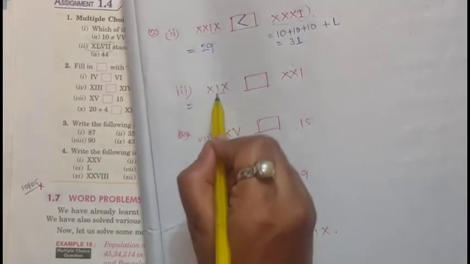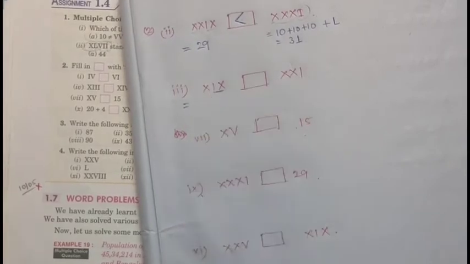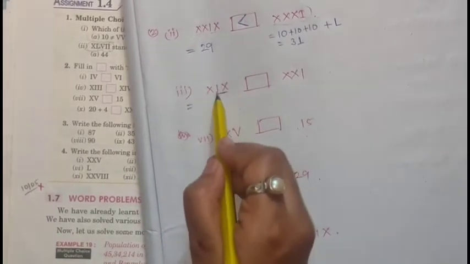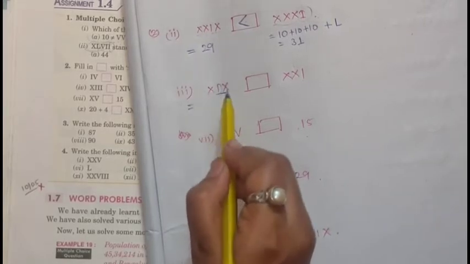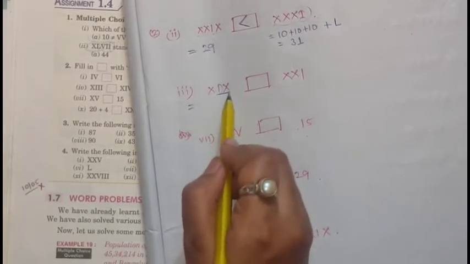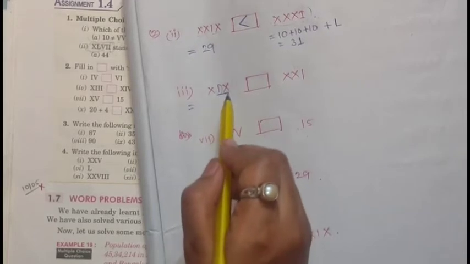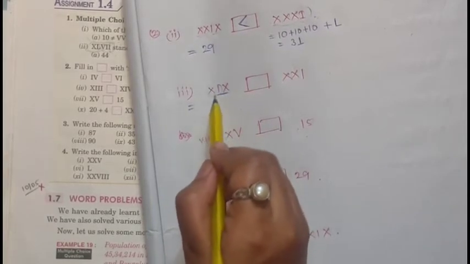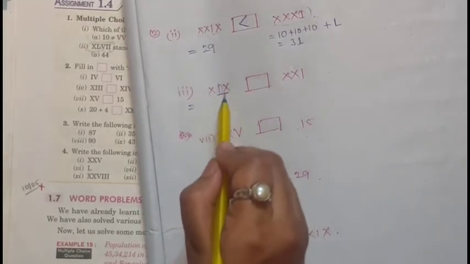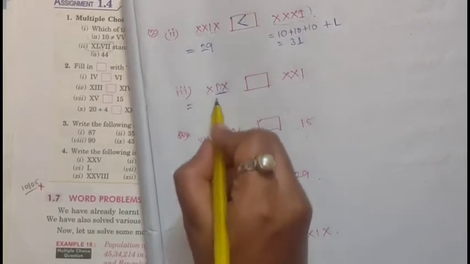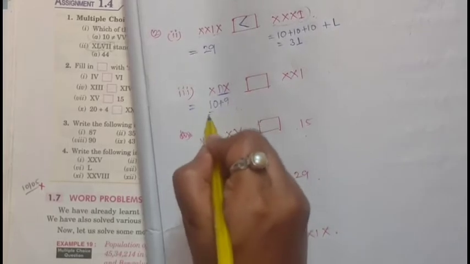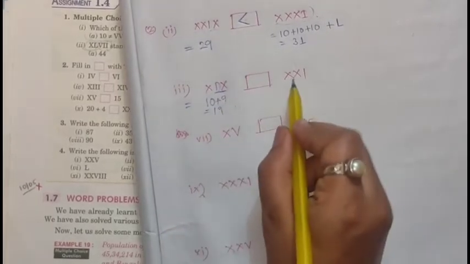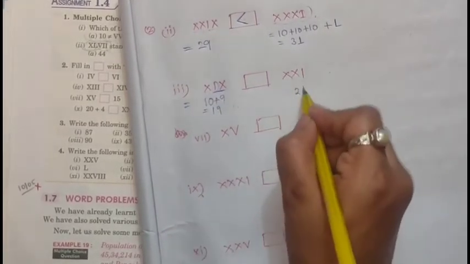So what will be the value of this Roman numeral? IX. তাহলে I কোথায় আছে? X এর লেফটে আছে। তাহলে যখন স্মলার ভ্যালু আমাদের লেফটে থাকে আমাদের মাইনাস করতে হয়। সো IX means 10 minus 1, that is 9. So this is 10, this is 9. এখানেও কি আছে? 9. তাহলে স্মলার ভ্যালুটা রাইটে আছে, so we need to add 10 plus 9, that is 19. Next XXI, this is 21.